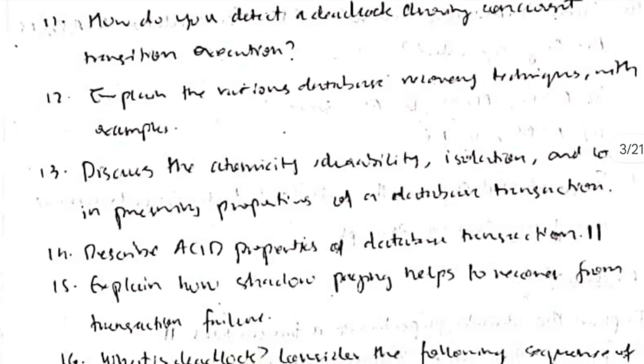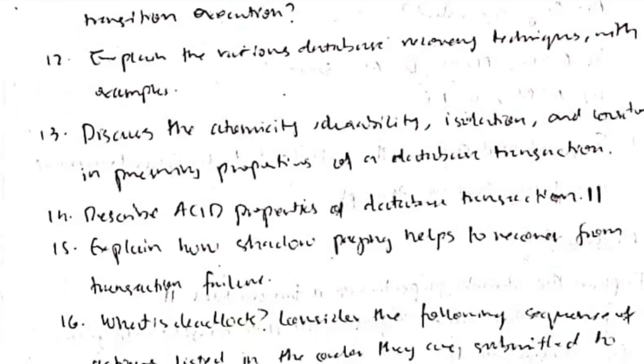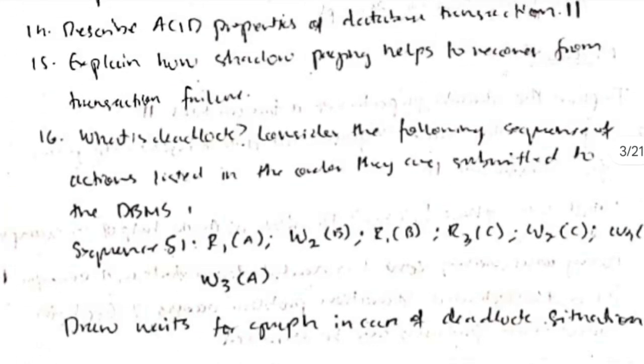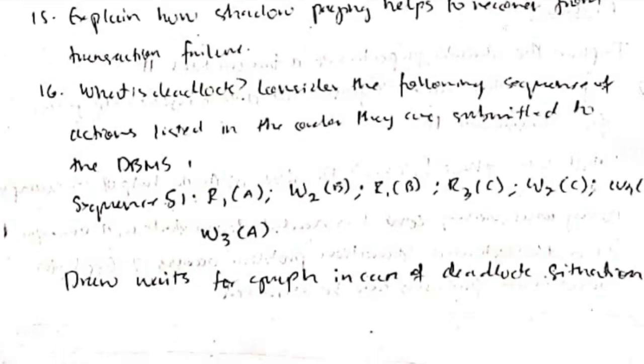And here are some of the questions which are repeated only once, but those are also important. And here it's the ACID properties, which are very important. And yeah, that's it for all the previous year questions, like the previous 5 years' questions. And this is the wait-for graph which is used to detect deadlock.